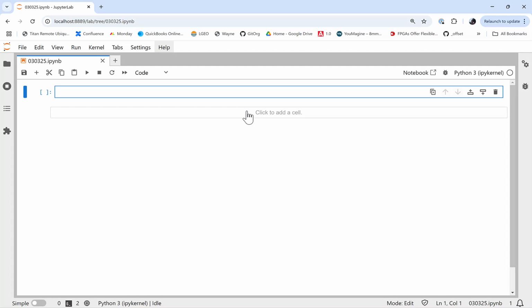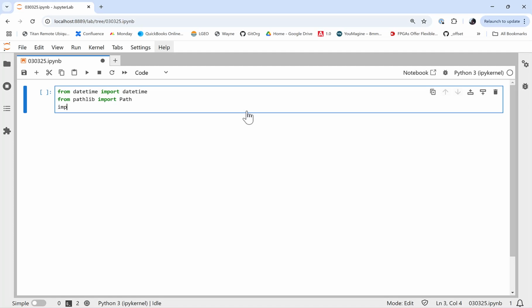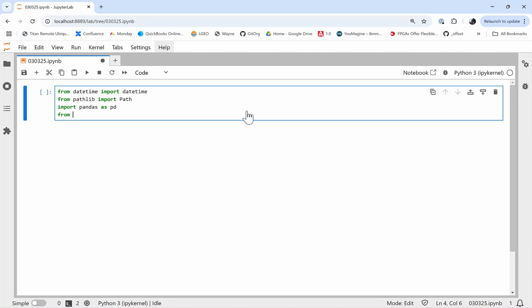So let's get started. Of course, with imports: from datetime, I'm going to import the datetime object. From pathlib, I'm going to import the Path object. I'm going to import pandas as pd. And from siphon.simplewebservice.wyoming, I'm going to import the WyomingUpperAir object, which tells you that yes, we are going to be